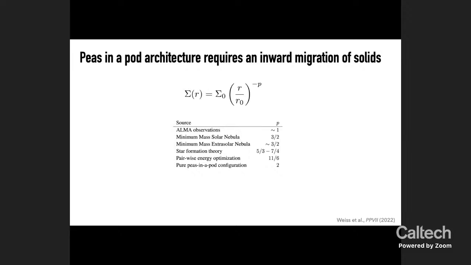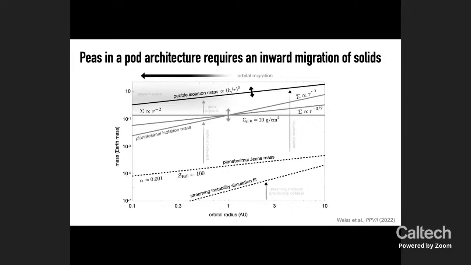So there's some tension here, and it seems like a radial redistribution of solids is needed to steepen the power law index close to the star in order to form the peas in a pod pattern. But what's great is we've got a lot of mechanisms to get planets closer to their stars. In particular, orbital migration is very helpful. And this can happen through a variety of different mechanisms. Pairwise collisions is one promising avenue, which eventually results in giant impacts. And pebble accretion is an interesting alternative. But at the end of the day, you've got to get the material transported inward to make peas in a